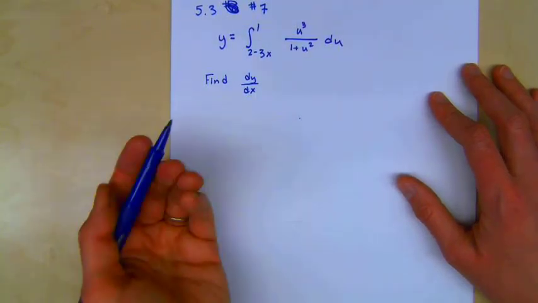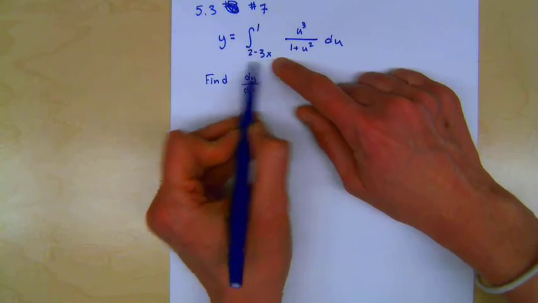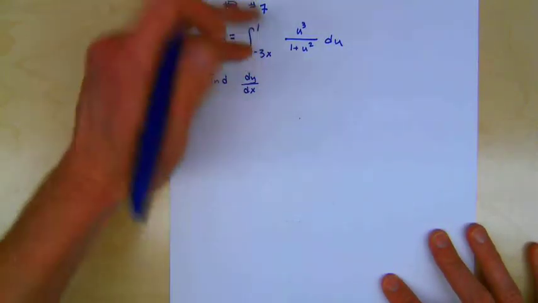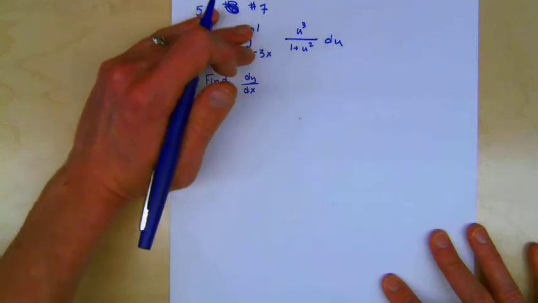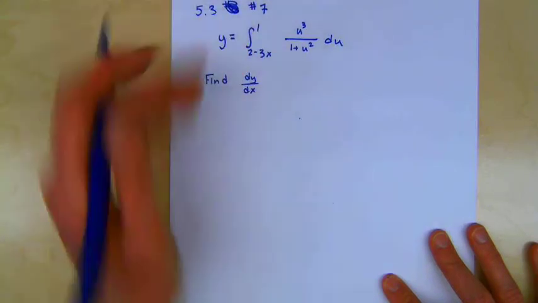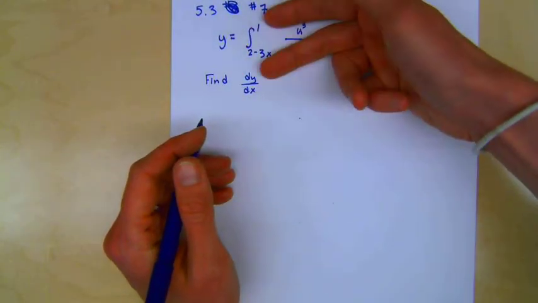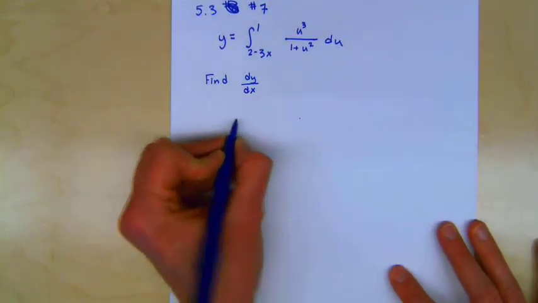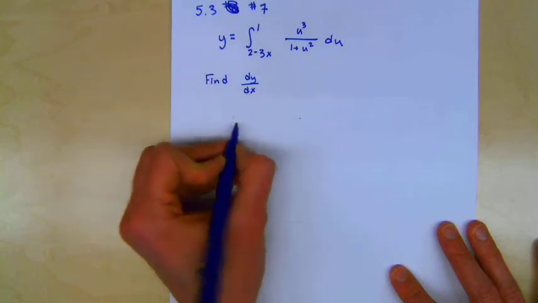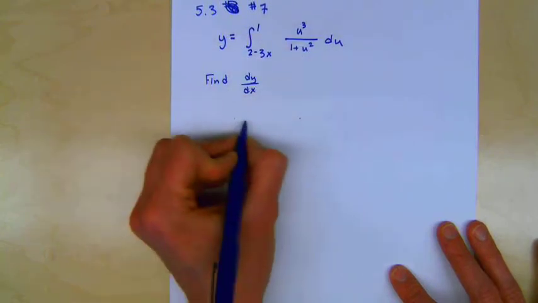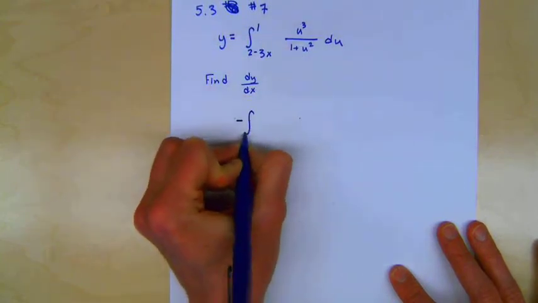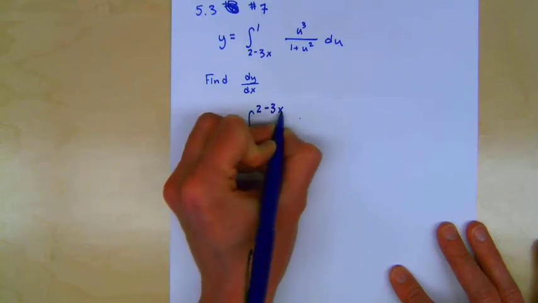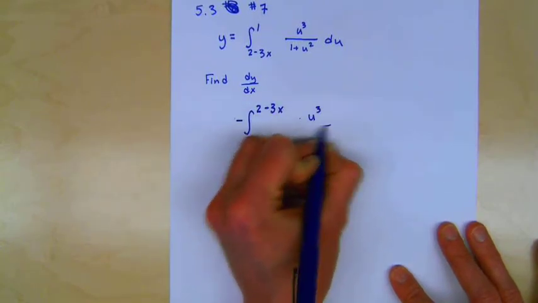The first thing that's wrong is the fact that our variable is at the bottom of this function. In order to apply the fundamental theorem of calculus, we have to rewrite this by interchanging the bounds. And when we interchange the bounds, that's the same thing as taking the negative of the function. So I'm going to say that this is the negative of the integral from 1 to 2 minus 3x of u cubed over 1